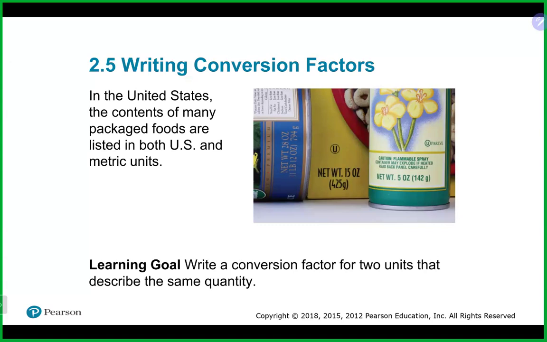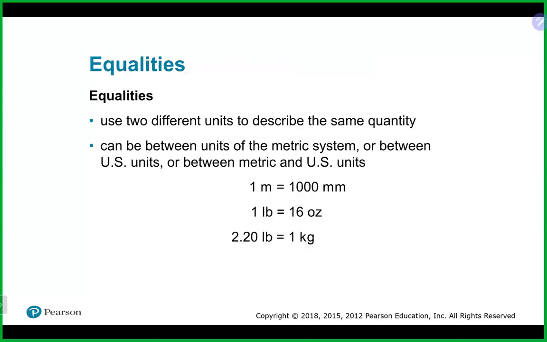Yeah, sort of been intertwining here with what we've been talking about. Again, conversion factors, as we've been using them, come from equalities. Now, when we use conversion factors and we get them from equalities, remember there are two types of units that we have: English or US units, and metric units. And remember that for the most part, if you are using any conversion factor that comes from an equality,